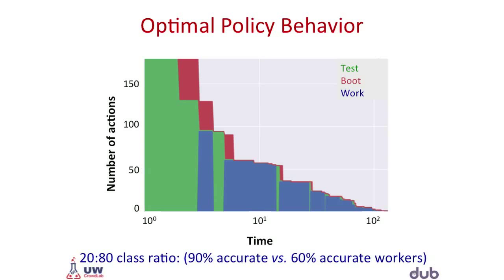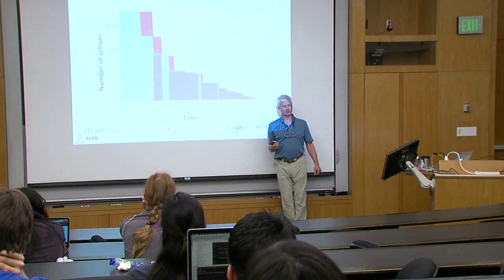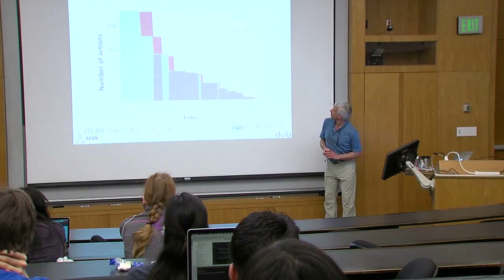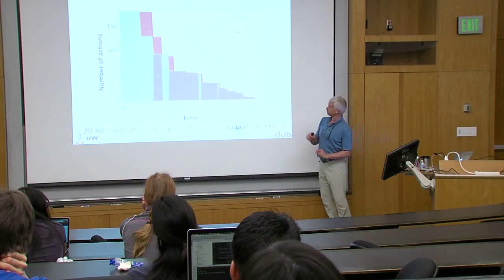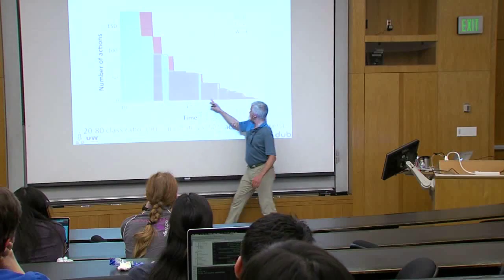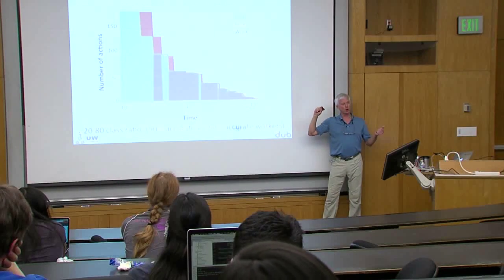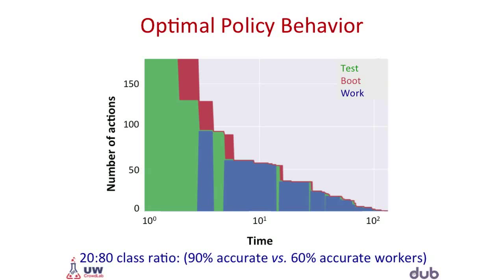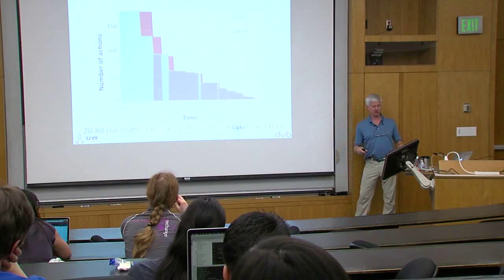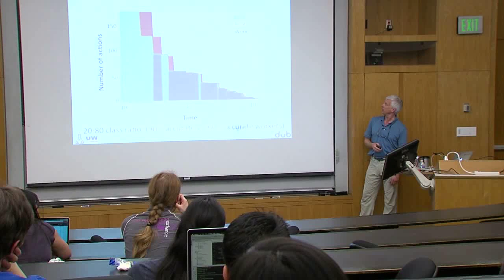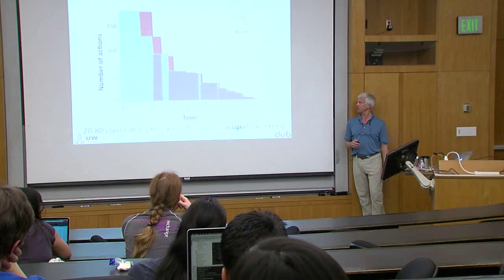This is stuff that Jonathan is working on, and these are some preliminary results. This is actually really just kind of a cool picture to put up there because it's got some nice colors and stuff. But basically it shows at any point in time what the algorithm, what the controller, is doing. And you can see it's doing kind of an interesting mix of testing people a lot at the beginning and getting them to work and then firing people. This is a simple model that's just trading off working and testing, and it doesn't have training in it yet.